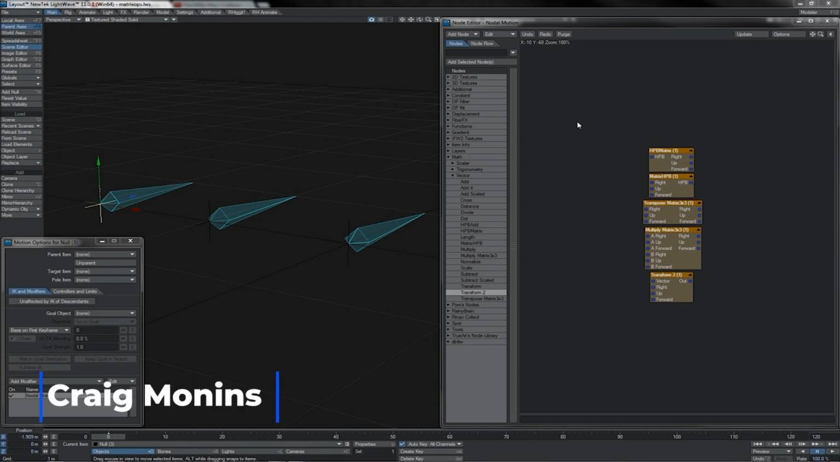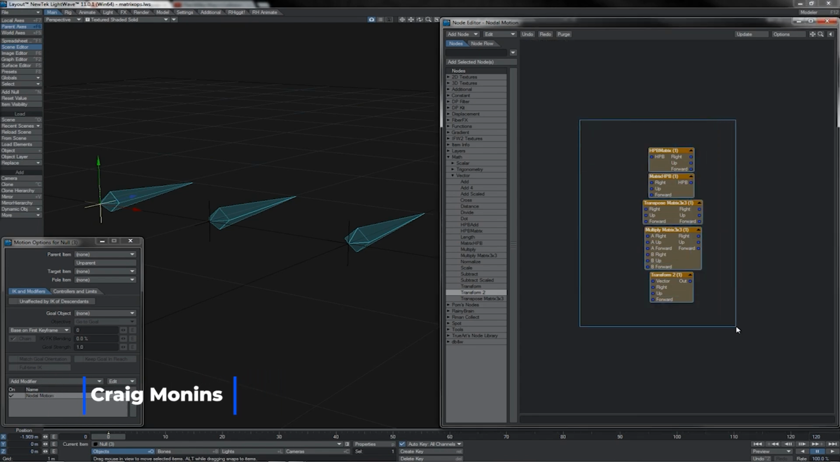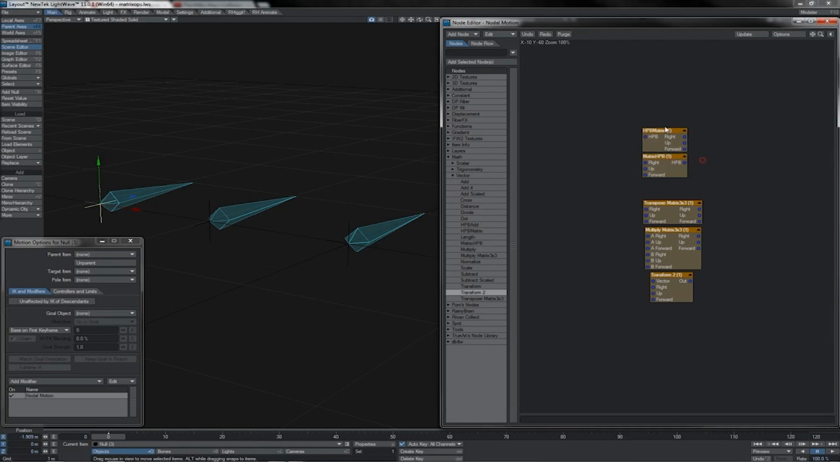Matrix operator nodes. We only have a small assortment of these, and there's not a lot, at least for the moment, that we can do with matrices. But they do come in useful here and there, mostly to do with rotations. The first two, the HPB matrix and matrix HPB, basically these take our right, up and forward, which are of